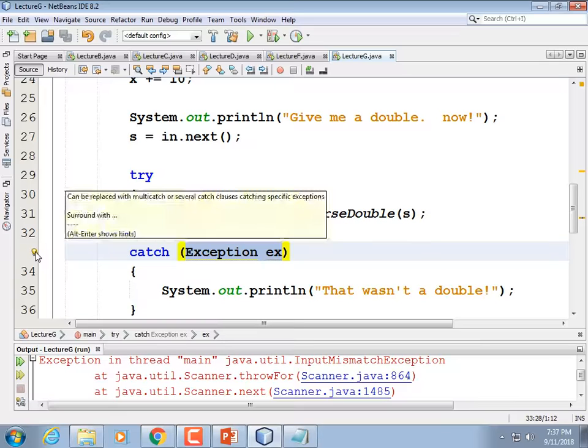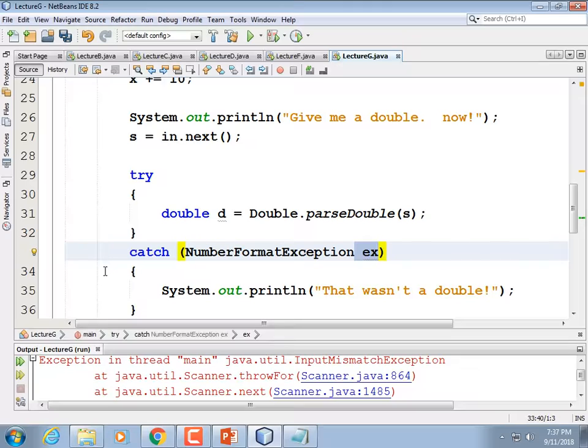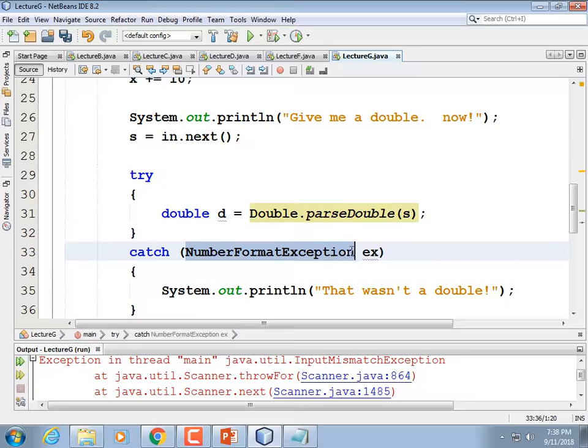But it's offering to fix it to the specific exception that this code can generate, which is much kinder, much less sloppy. So if after you type catch exception and you get the little warning, click on the warning and do replace, and it'll fill in the correct exception, because there's hundreds, there's thousands of different exceptions that these